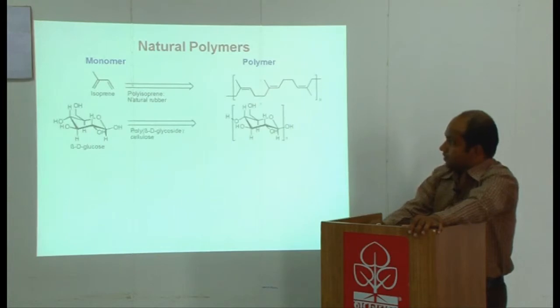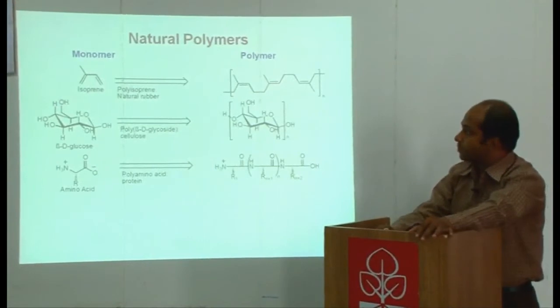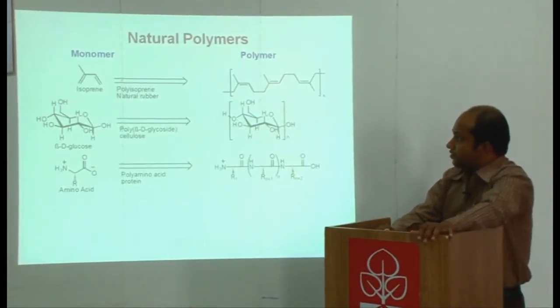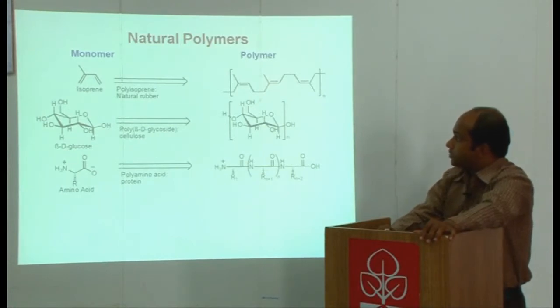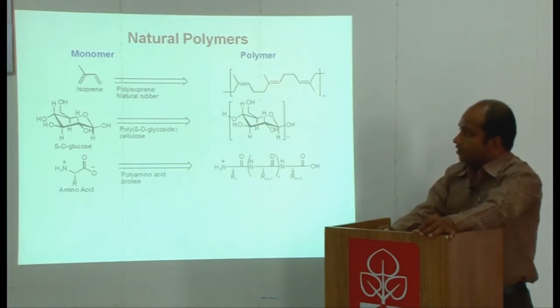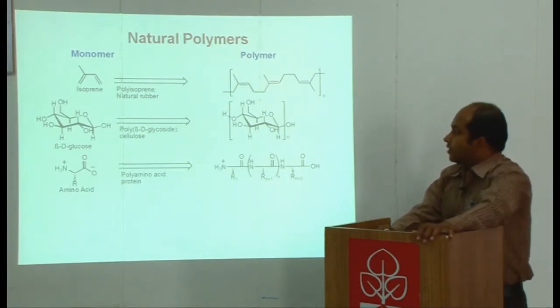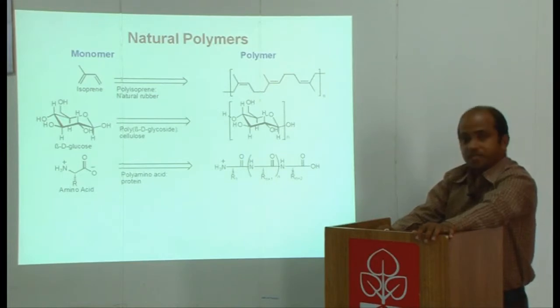Natural polymers. In natural rubber, the repeating unit, or the monomer in this case, is isoprene. Upon polymerization, what you form is a polyisoprene. So natural rubber can also be polymerized into a polyisoprene. Similarly, a common sugar, that is glucose or beta D glucose, you can have a polymer that is formed from the reaction of multiple units of glucose, that is cellulose, which is a naturally available polymer.